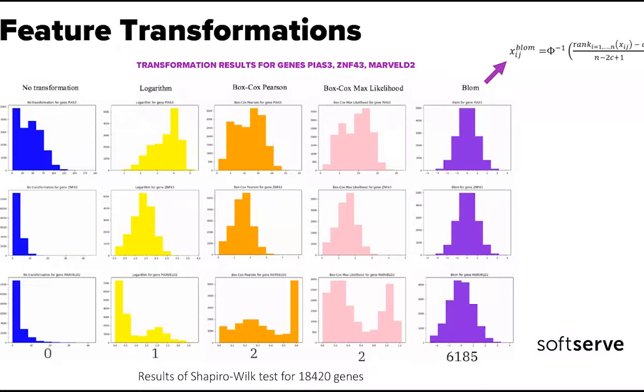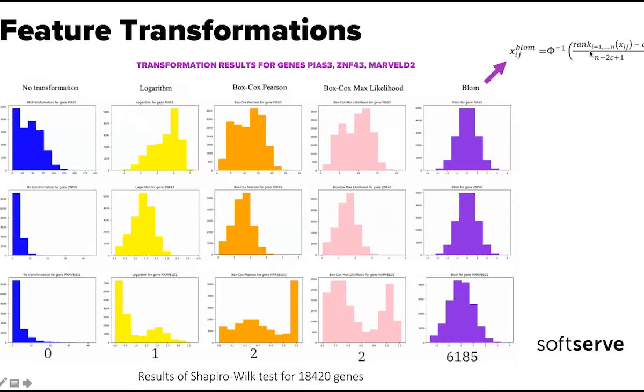That's why the Shapiro-Wilk test for normality was conducted for all 18,000 genes. And for no transformation, there were 0 genes that were thought as normally distributed features. That's why we had to do some transformation, and we performed the logarithm Box-Cox transformation with the 2 criteria for selection, for optimizing the parameter, and also one interesting, at least for me, transformation which is called Blom, or inverse